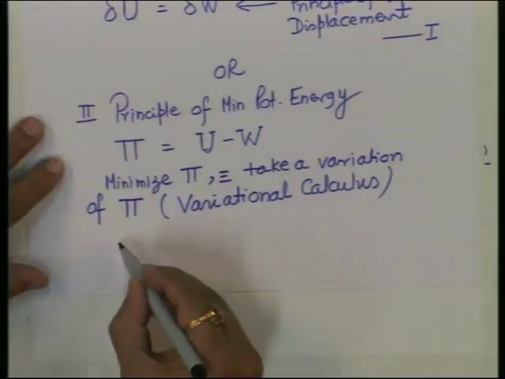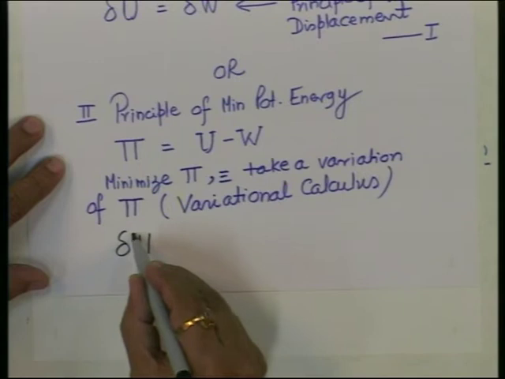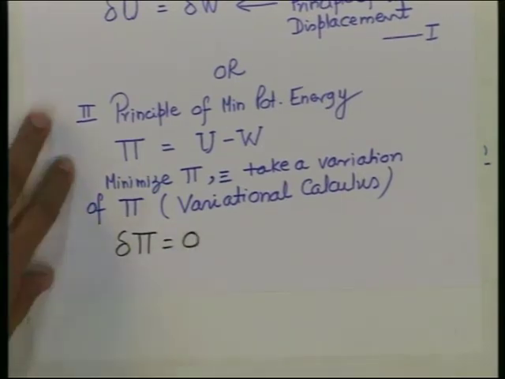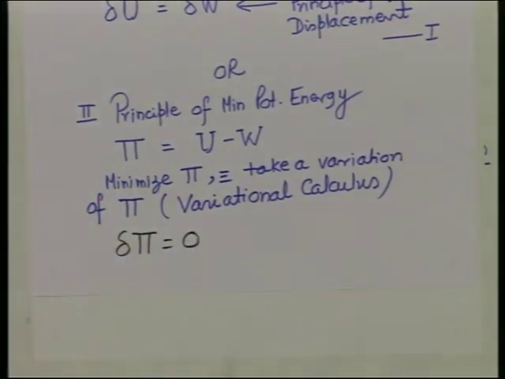So, take a variation means we set this pi equal to 0. So, this also signifies if the body is in a state of equilibrium, a variation of pi has to be equal to 0. A change in potential energy of the body, a small variation, should be 0, because if it is in equilibrium, you change it a little bit, that should not matter, it will still remain in equilibrium if it is properly supported.